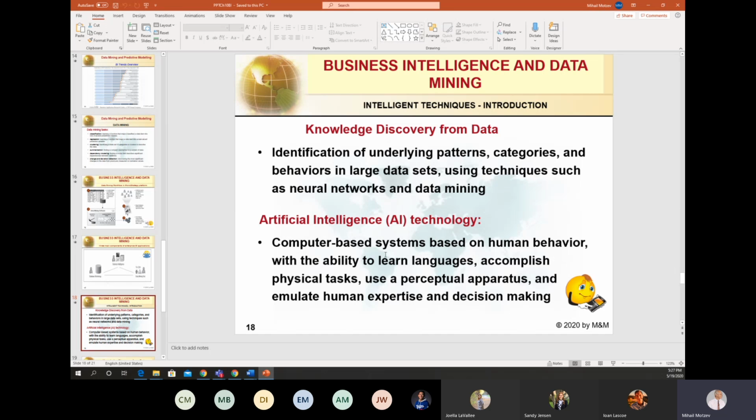This was introduced at the end of the 20th century as knowledge discovery from data or knowledge discovery in databases. The goal was, with the help of the so-called artificial intelligence.